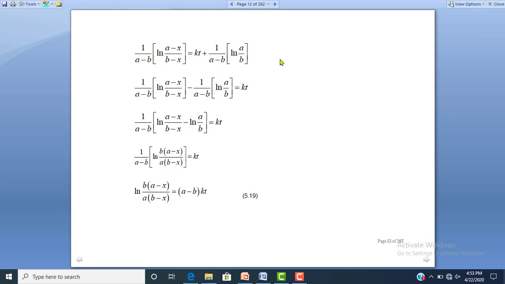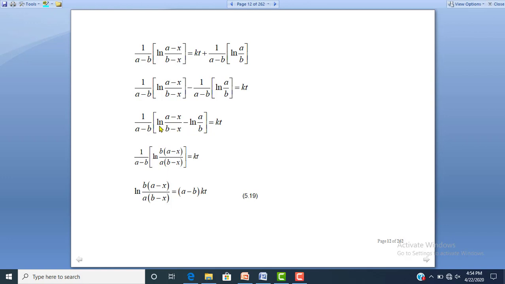So this equation now will be written in the simplified form, that here this value is positive. If we put this value on the other hand side, it will be negative. So this equation will be written as 1 over a minus b into natural log a minus x divided by b minus x, and this positive will be negative 1 over a minus b into log natural a over b is equal to kt. Here again we will apply the rule of logarithm,